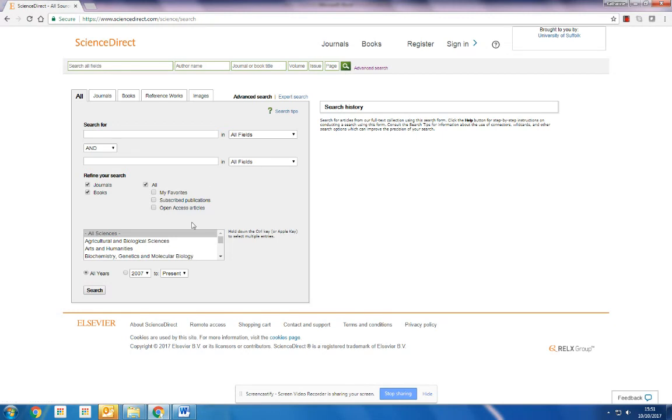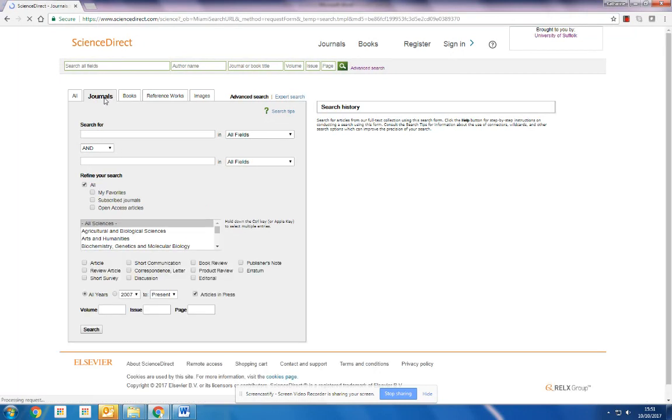And we have our search form here. Now normally we're looking for journal articles, so we'll go straight into the journals tab. Before we start searching, we are going to need to sign in to this database because without a sign-in, we won't be able to access our search history. So we need to click on the sign-in option here